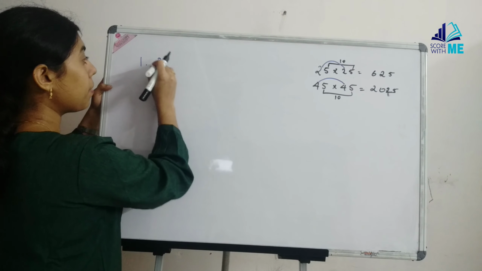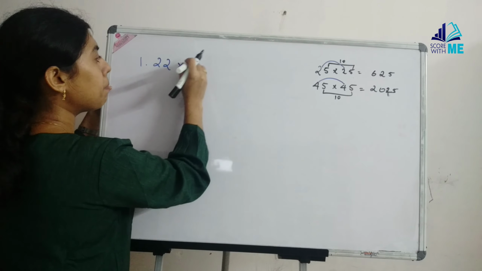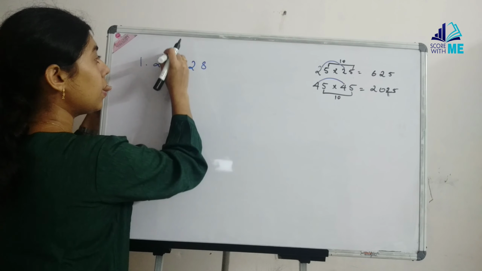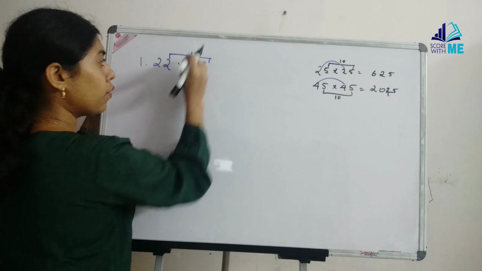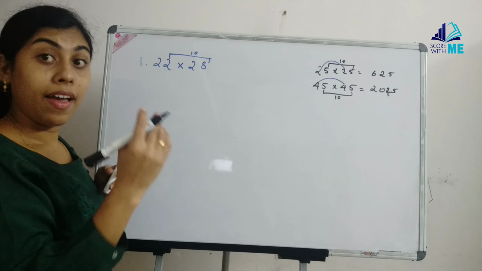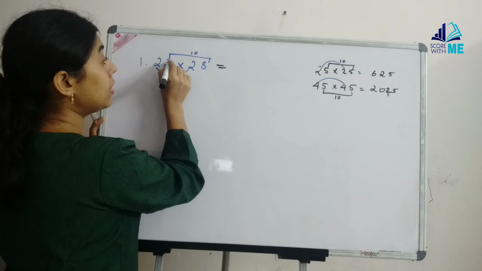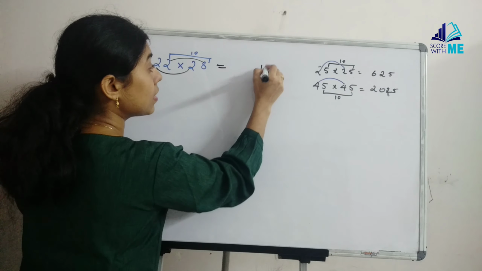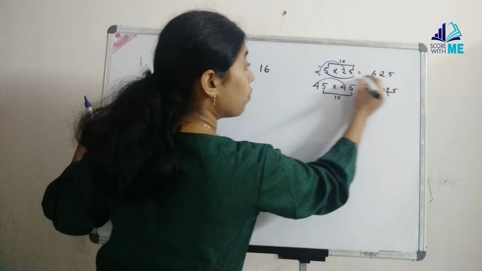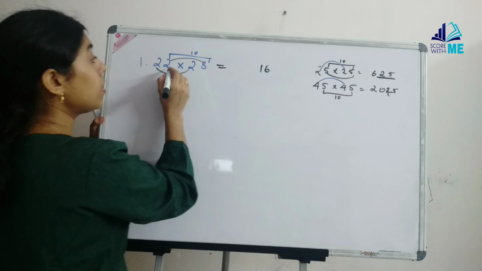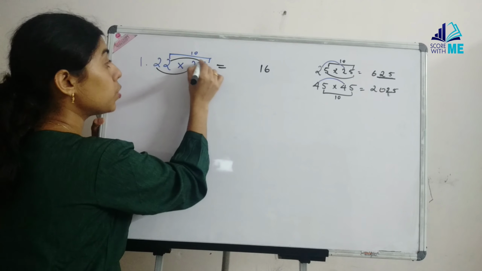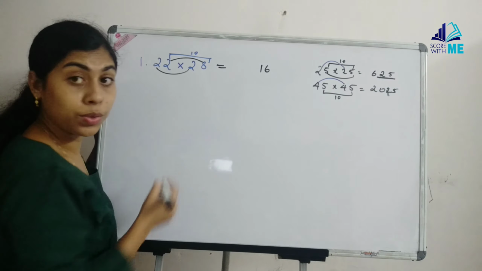The first one being 22 multiplied by 28. If you want to see here, 2 plus 8 will give you the sum of the digits as 10. And then in the tens place, 2 and 2 are the same. So they can also follow the same pattern. So when we multiply, we can get the result as 2 into 8 as 16. Here we got 5 into 5 gave us 25. Here 2 into 8 is going to give us 16. Same way, the same pattern we had followed.